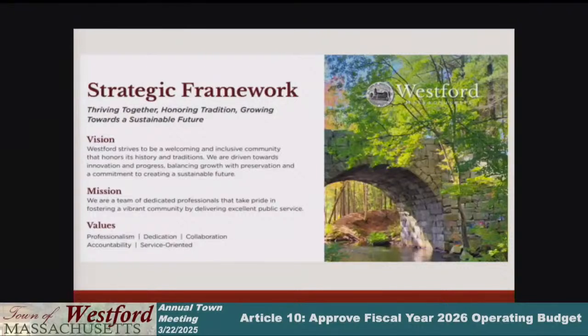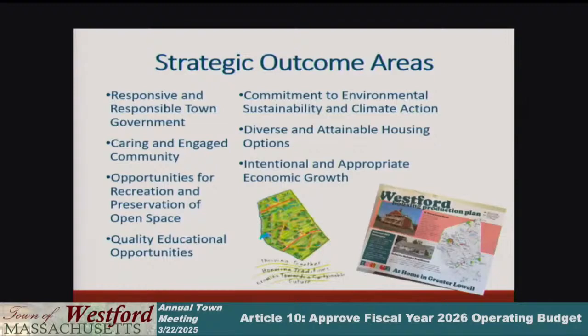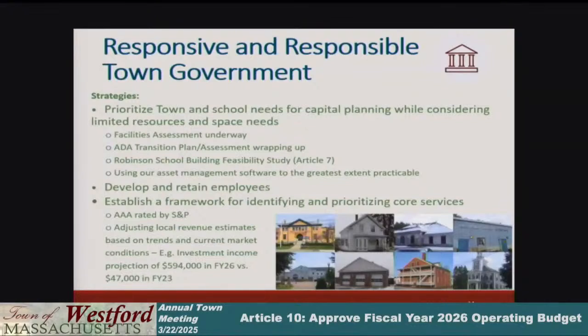And we really appreciate all of the public input through surveys, coming to our open forums, and providing feedback at certain board and committee meetings. We have 7 strategic outcome areas, and I've heard all of you talk to a little bit to these priorities through your questions and comments today. So again, I won't read through all of them, but we really think that this captures what the town would like to see over the next few years. Under each category, I want to highlight some of the things that we are already doing or have planned in the fiscal 26 budget that speak to that strategic plan.